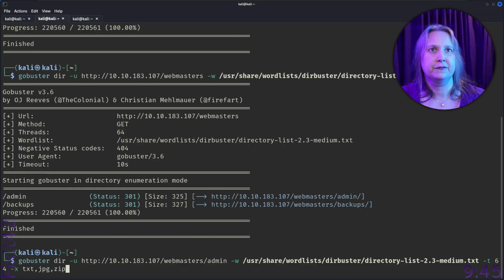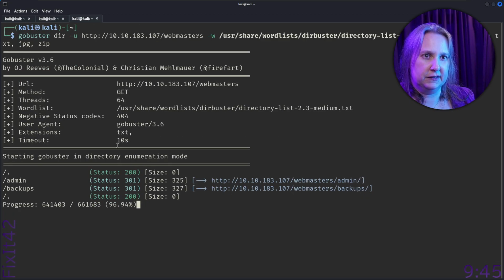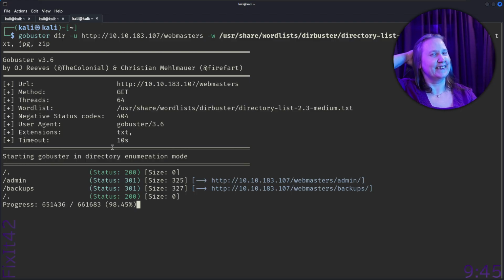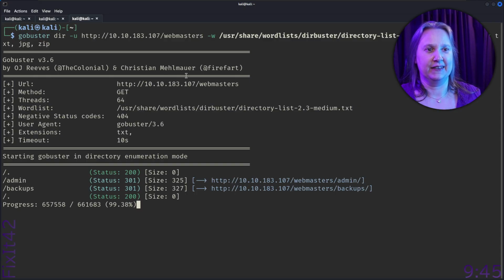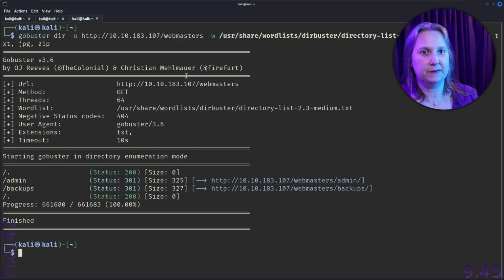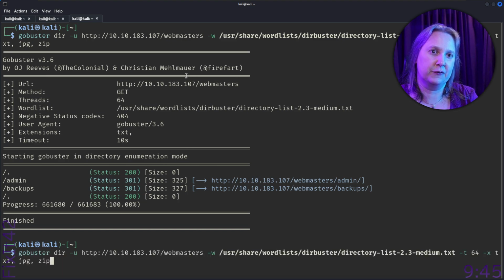So we finished typing this command. Let's see if the other one finished. It's at 97%. What timing? Of course, we could have used the time for something else. Anyway, it's easy to wait for this to finish. So we found 2 directories, no files. So let's, for this one, do the backups.